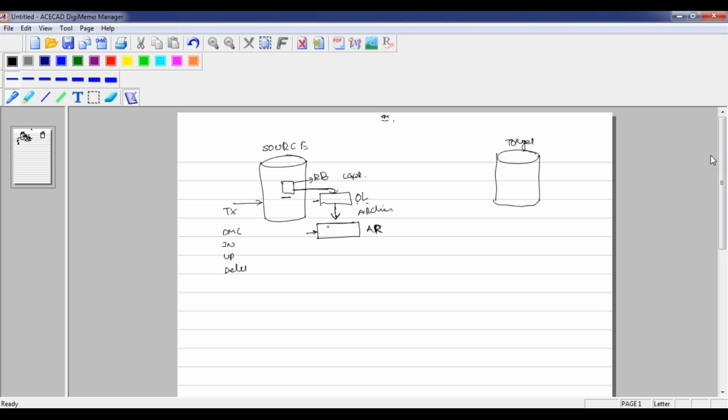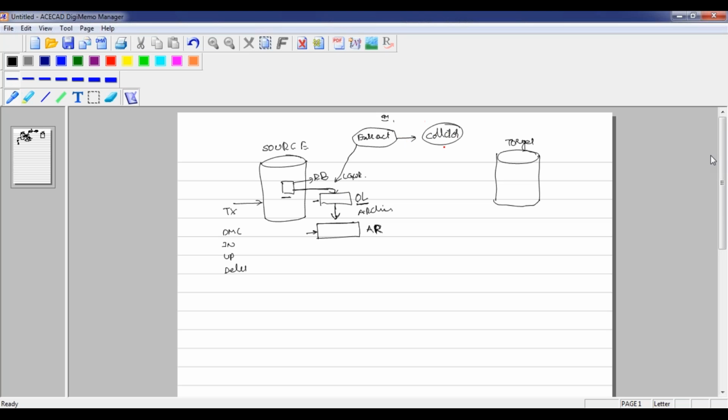In this Golden Gate configuration, we are going to configure a process called extract on the source machine. This extract is going to capture the information from the online redo log files. It captures all the transactions happening on the source machine, and it will push them to a component called collector